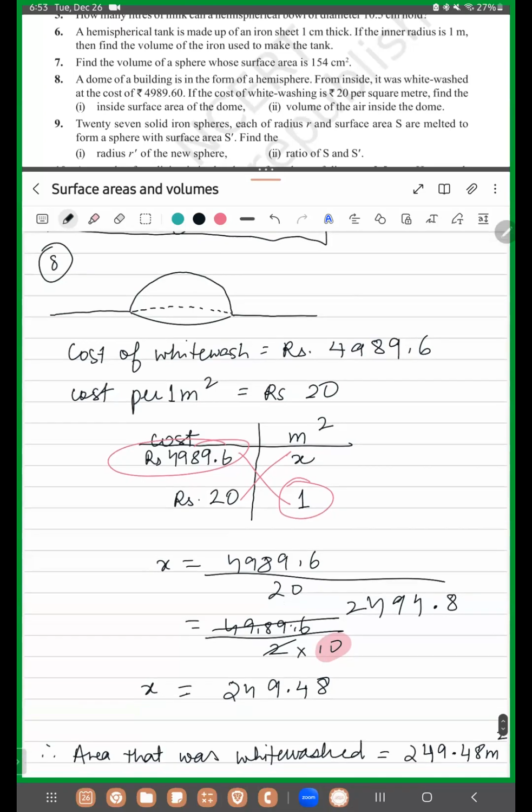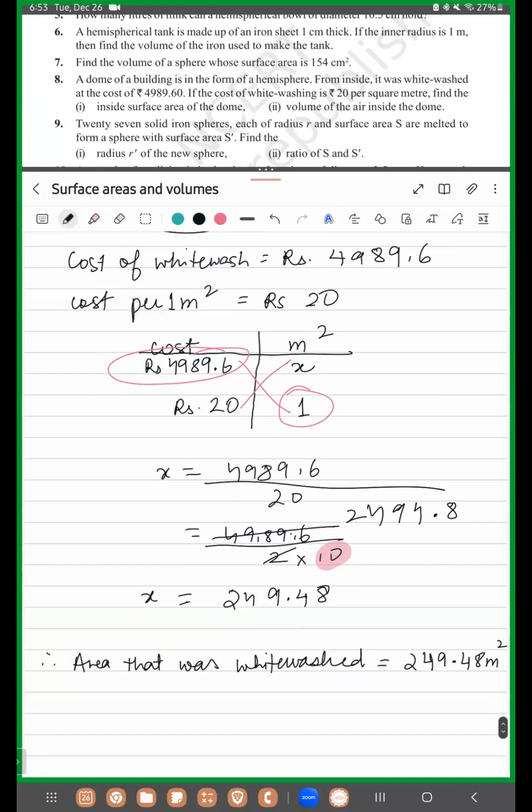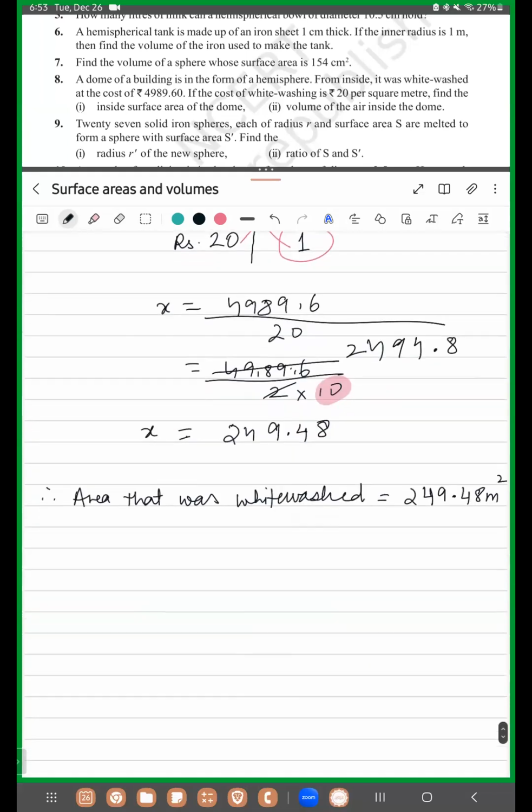Okay. Now that means surface area of dome. Why internal? Because we were talking about internal surface area only. From inside, it was whitewashed, not from outside. So internal surface area of the dome